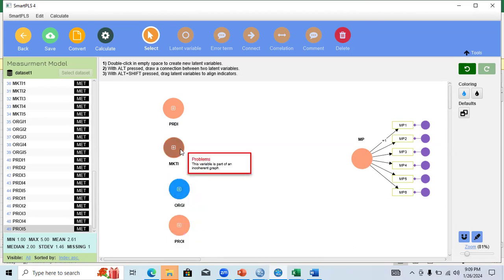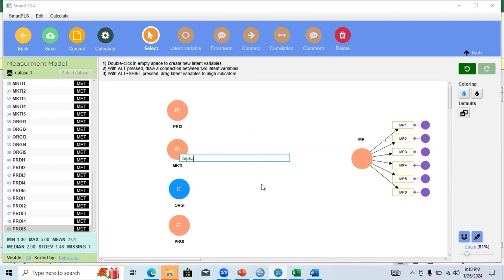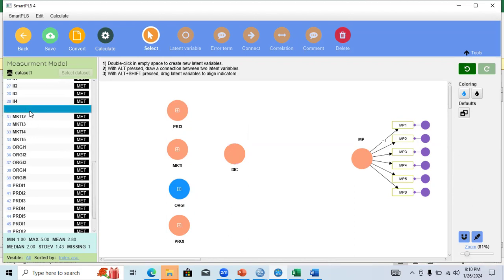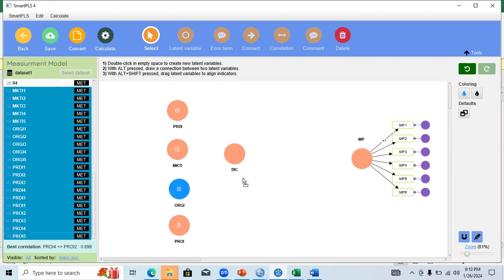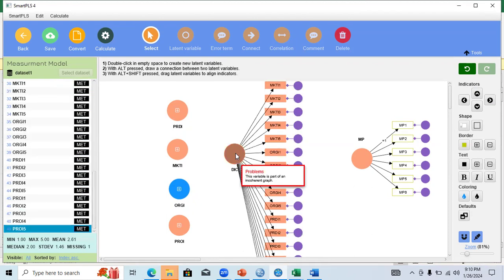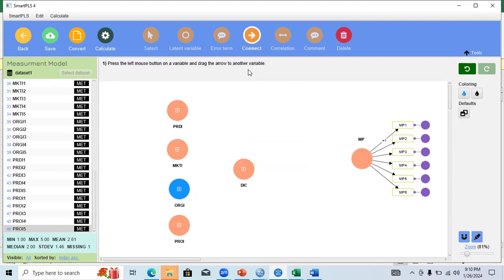Now these are the lower order constructs of our main variable, which is basically the dynamic innovation capabilities. You need to put these indicators in the same way as we have done in some PLS-SEM, just like this, and you need to hide these indicators, and you need to connect in a reflective mode, just like this.